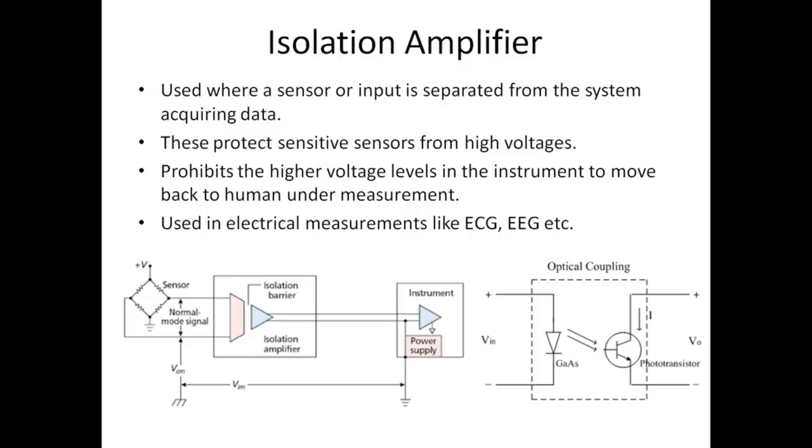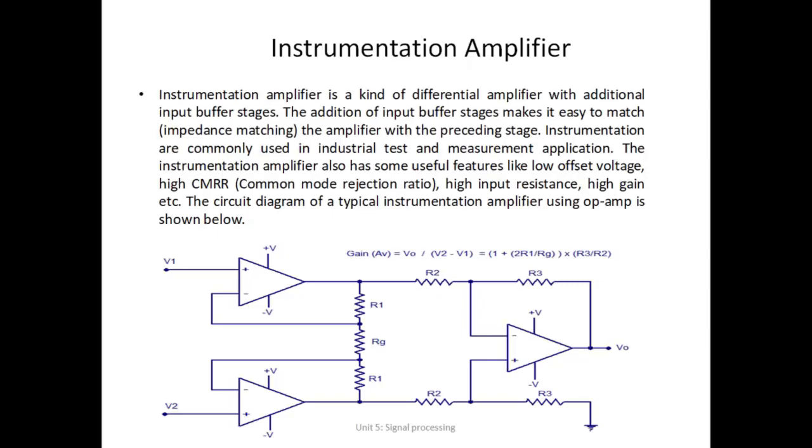What happens if your electrical circuitry, due to any malfunction, by any chance generates a back current or a back voltage? First, your sensor is not damaged. If you have a very delicate sensor, it is not damaged. Secondly, the patient under consideration doesn't get a shock, because the voltage cannot travel backwards. So that is the isolation amplifier.